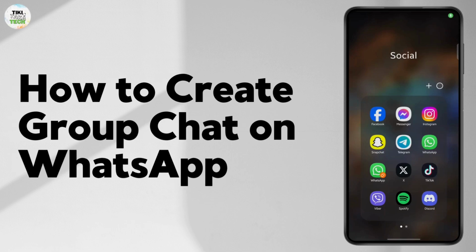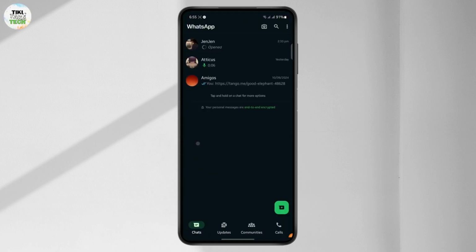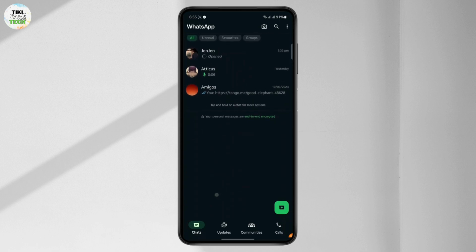How to create a group chat on WhatsApp. In this tutorial, I'm going to guide you on a step-by-step process on how you can easily create a group chat on WhatsApp. The first thing you want to do is open your WhatsApp application, and here you will be